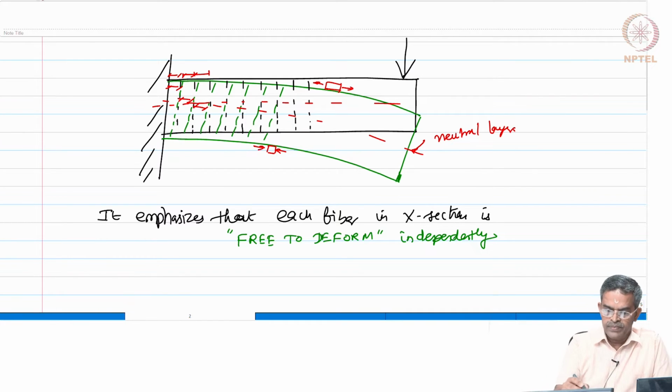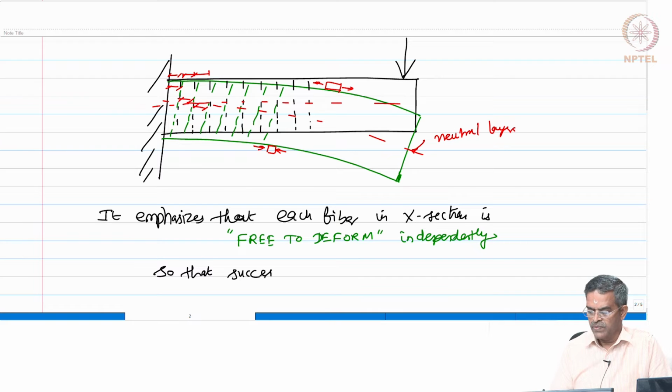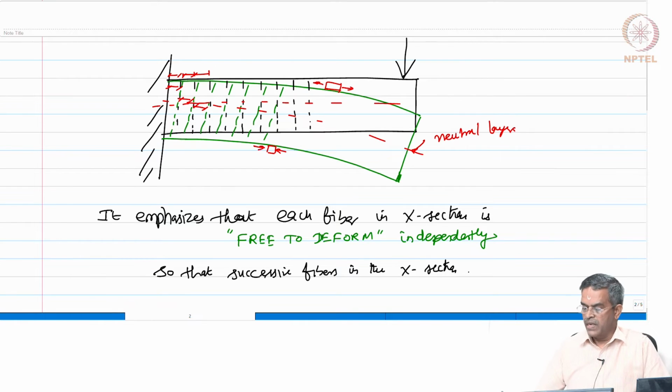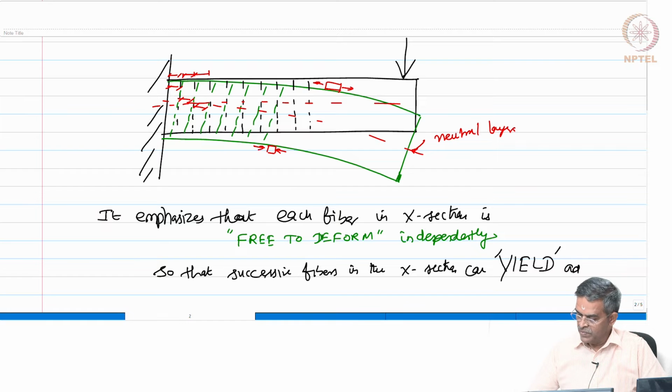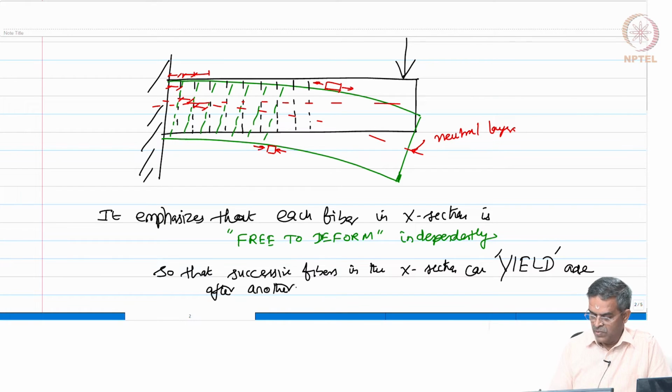So that successive fibers in the cross section can yield one after another,